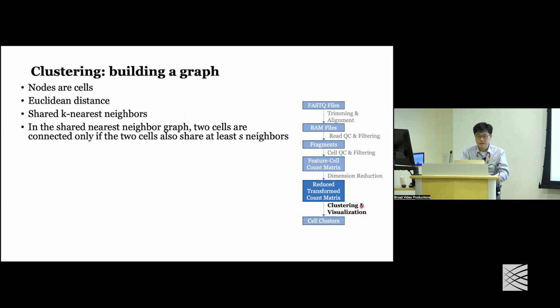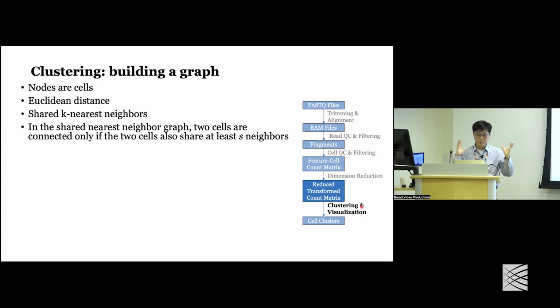All right. Okay, so we're almost done. The clustering. Now that we have a really manageable feature-cell count matrix, we are ready to perform clustering. But you can think of a high-dimensional space, and cells are scattered in that high-dimensional space, okay? And in order to perform this clustering, it works much better if you have a connected graph in this high-dimensional space. So you can think of